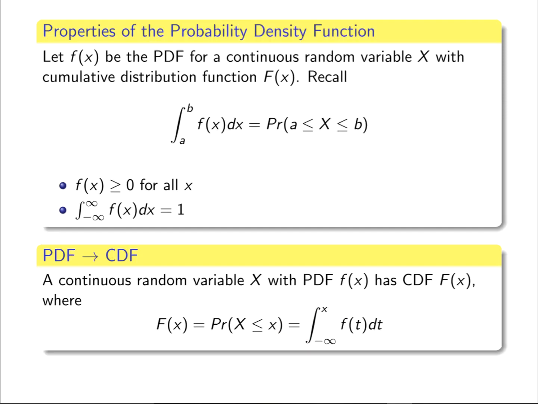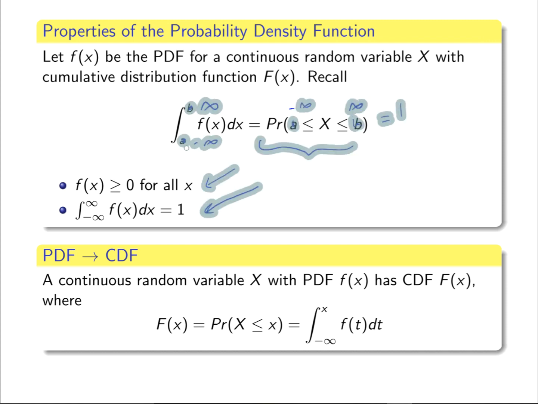The PDF has some nice properties. The area under the curve gives me the probability of my variable being in a particular range. Because this is a probability, it's always between 0 and 1. So in particular, I could never have a negative area under the curve. And if I take the area under the curve from negative infinity to infinity, that's the probability of being between negative infinity and infinity, and of course that's 1. So that tells me the area under the curve over the entire real line of my probability density function has